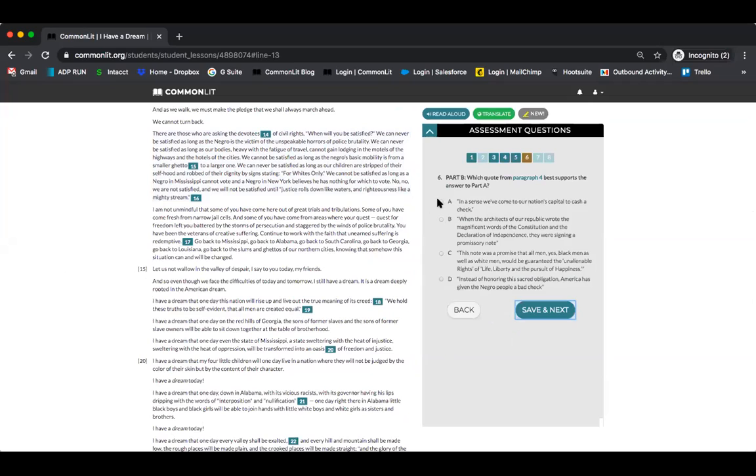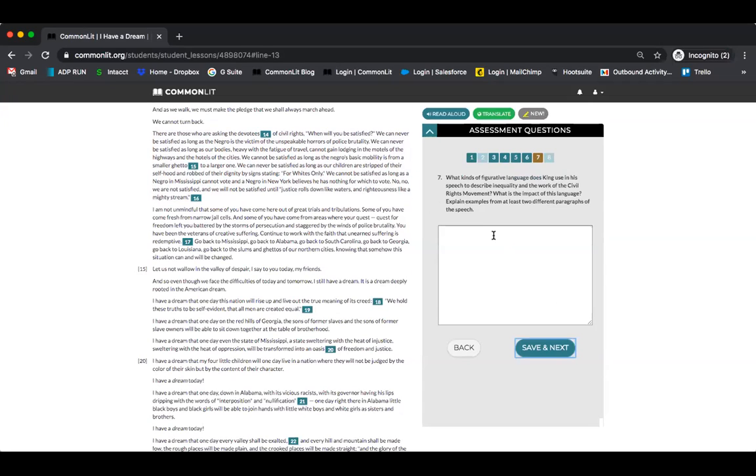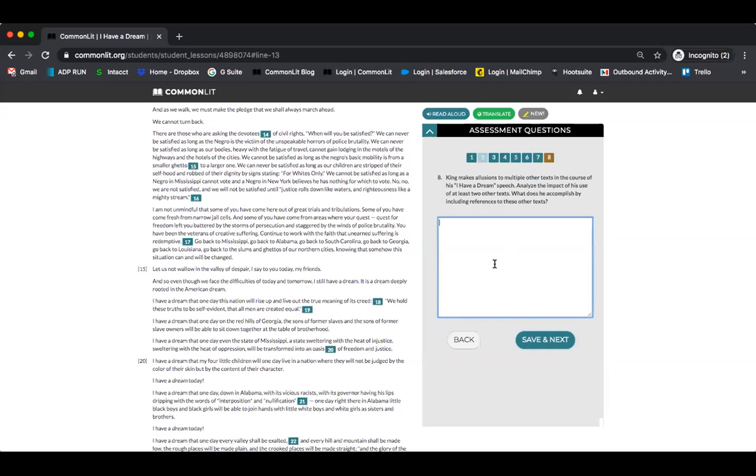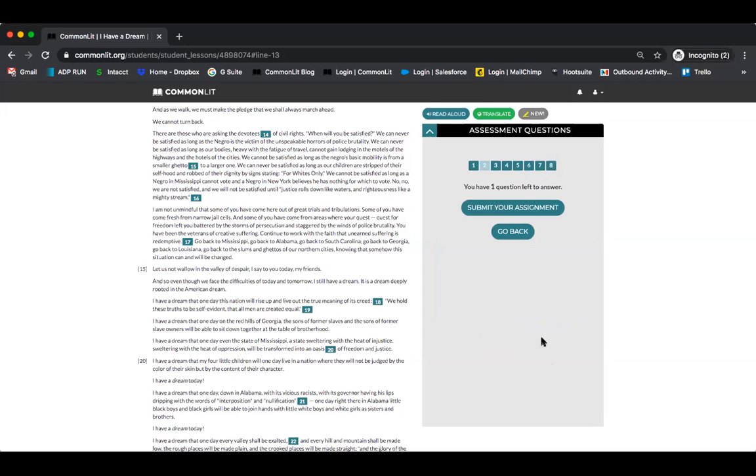So if I'm going through and answering all these questions, I can get to my short answer questions as well. So if I say MLK uses metaphors and allusions, he does so when blah, blah, blah, blah. So let's say I explain my answer, provide some good supporting evidence, and move on to the next question. MLK accomplishes a lot, and that's my only answer. Not as well thought out as the last question, but I'll show you how you can provide feedback and grade this in a second. And even though I thought that I finished all my questions, CommonLit doesn't let me forget